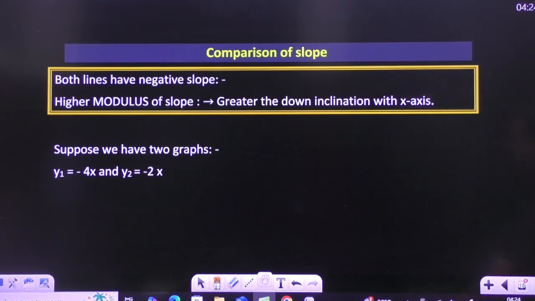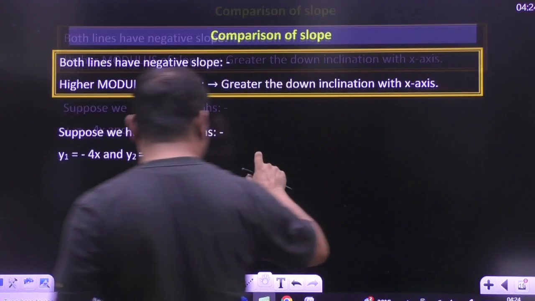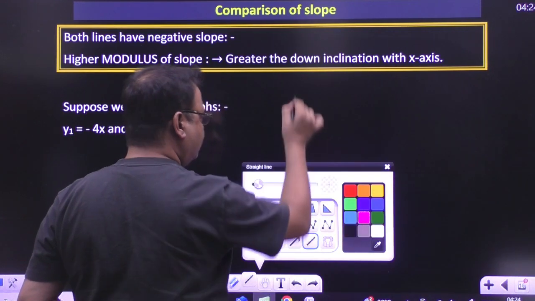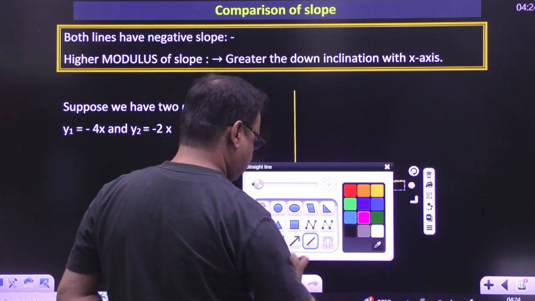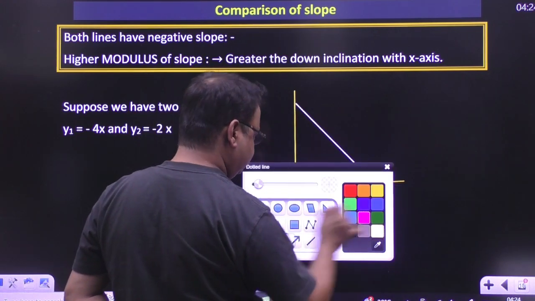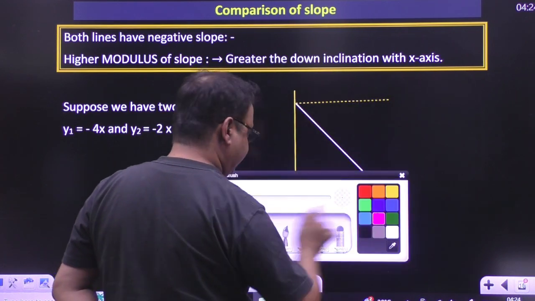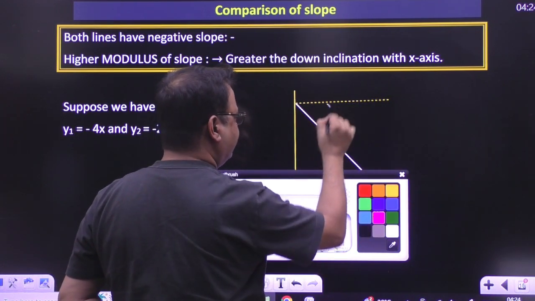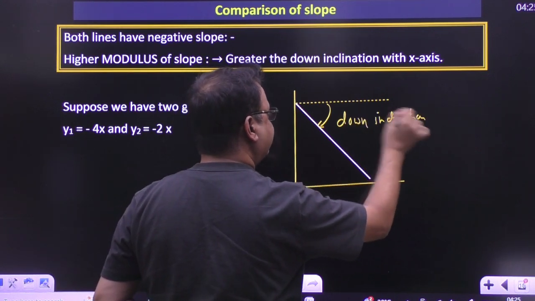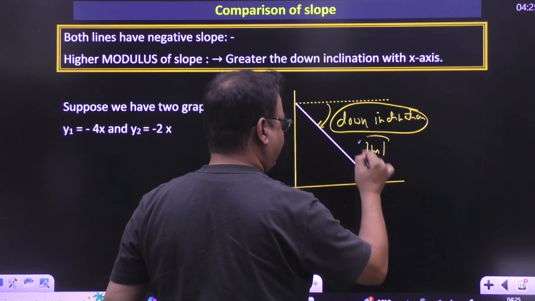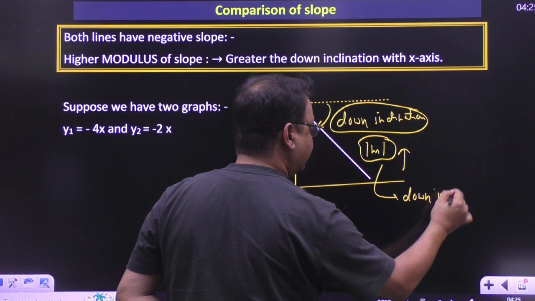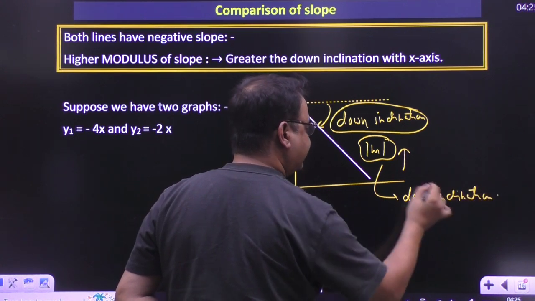Now let's see if both graphs have a negative slope. In lecture 1 I told you, if the graph has a negative slope, the graph will go downward, and instead of seeing the inclination with the positive side, you can see the down inclination. The higher the modulus of f, modulus meaning absolute value of f, the higher will be this down inclination. Got it? This we have seen in